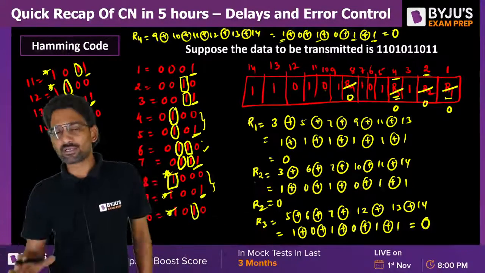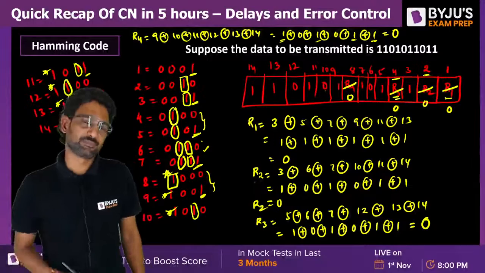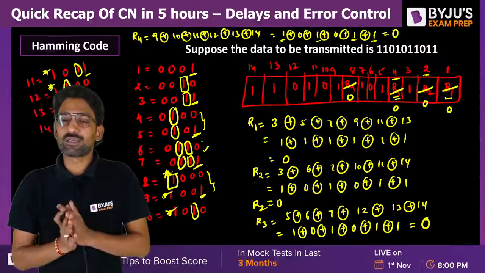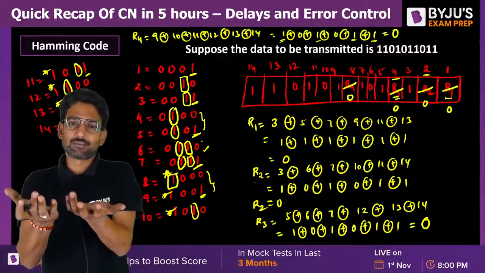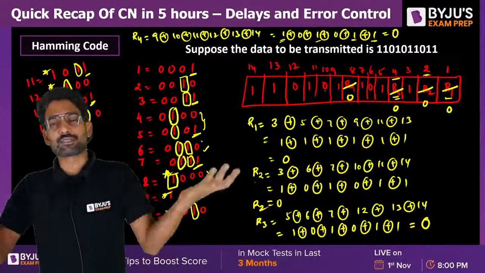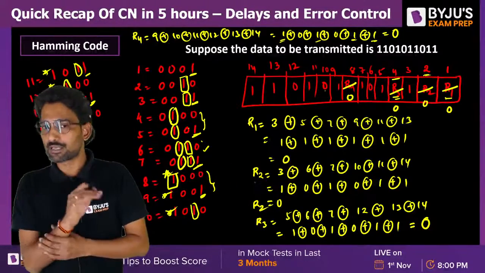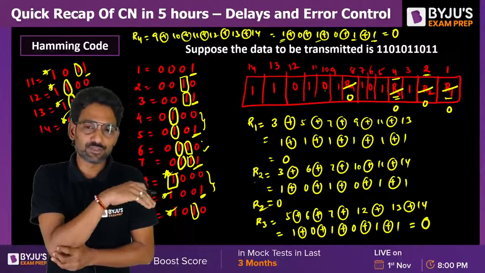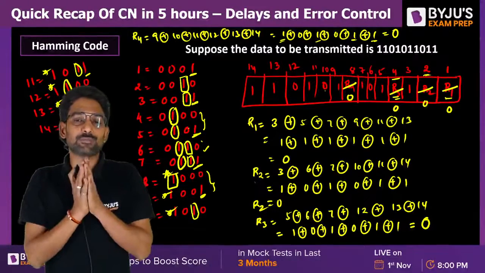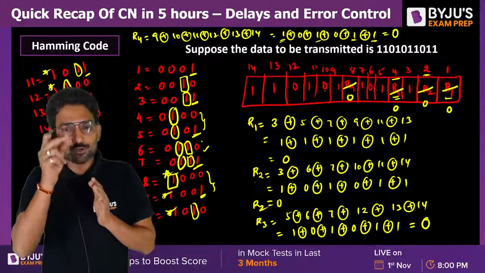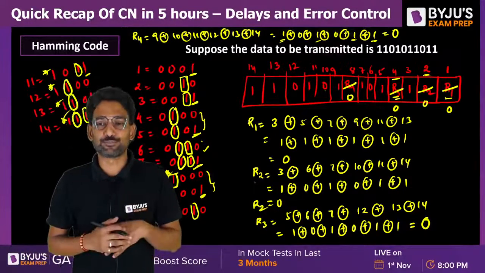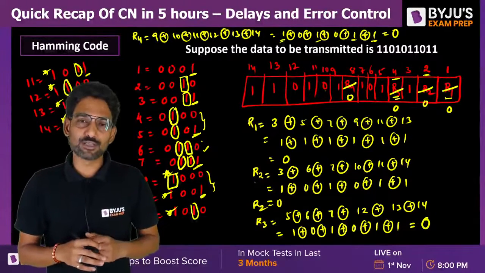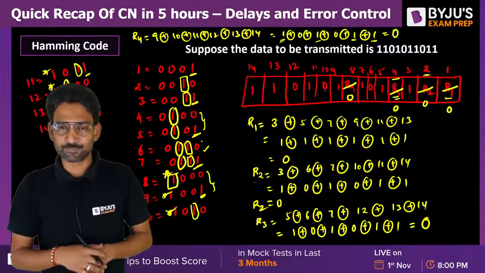So all redundant bits are zeros for this example. You don't get 0 for every example; it depends on the data. Now you are replacing those R's with zeros and sending. The receiver follows the same procedure, but here we excluded R1, meaning the 1, 2, 4, 8 positions, while calculating. The receiver includes them and does XOR. He should not get any R as non-zero. If he gets any redundant bit value non-zero, that means an error is present. Okay.